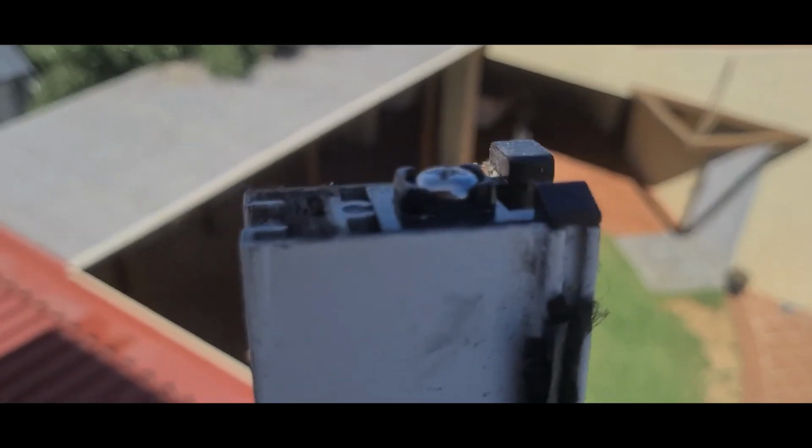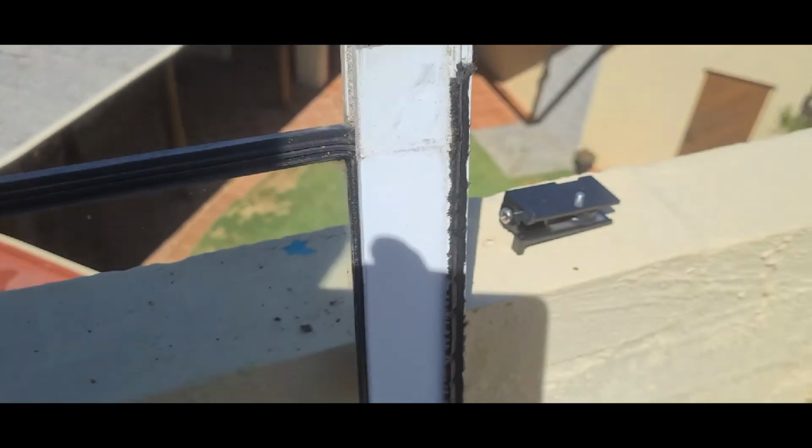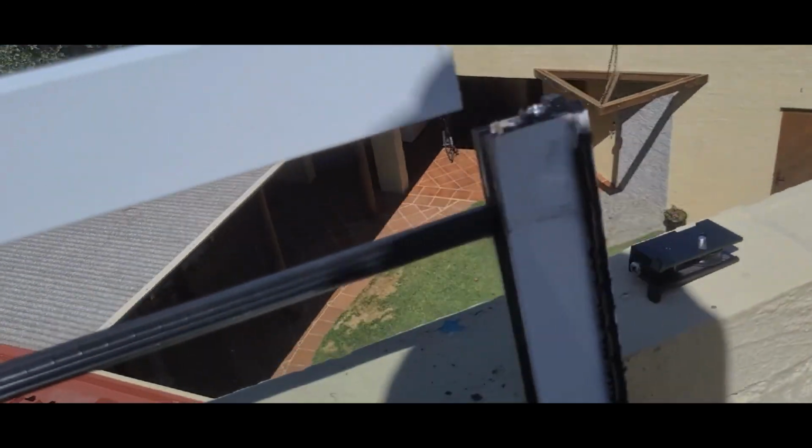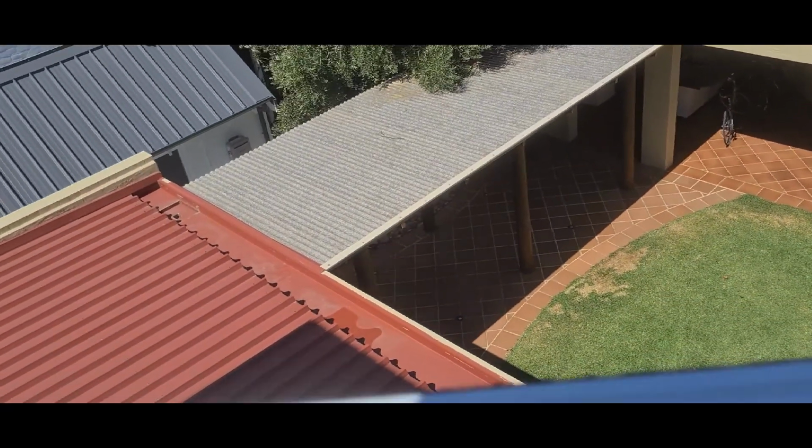You've also got this little square section here which needs to go over the top of that adjustment screw square thing. So when you're putting the side on, come in from here, make sure you've got that over top of that square, make sure that's all